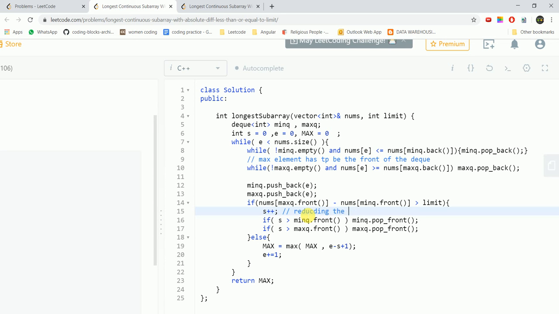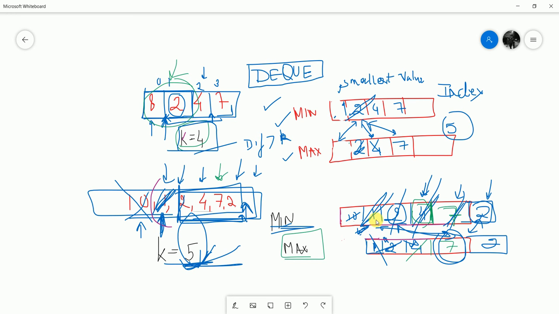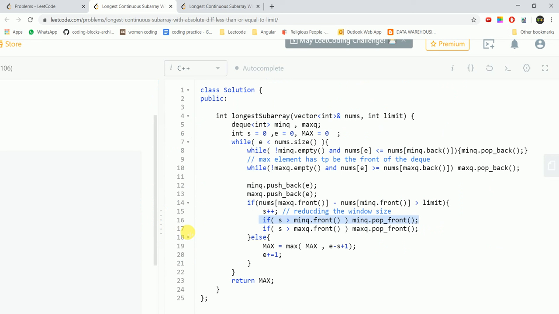And then, as I told you, the element that occurs first, like in this case 10 was occurring first, so we simply increase the start pointer, and if the start pointer becomes greater than the min DQ front, then the value at the front of the minimum DQ has to be popped off, and if it is so for the maximum DQ, then the maximum DQ element is popped.